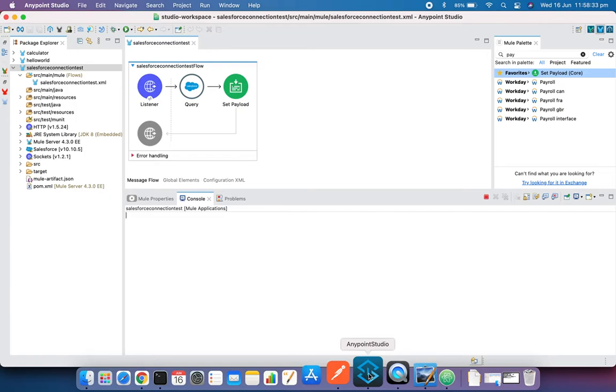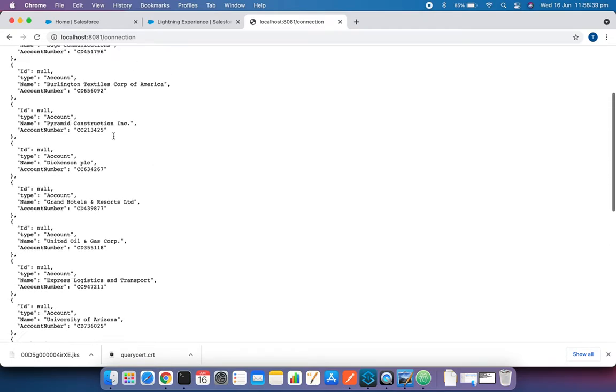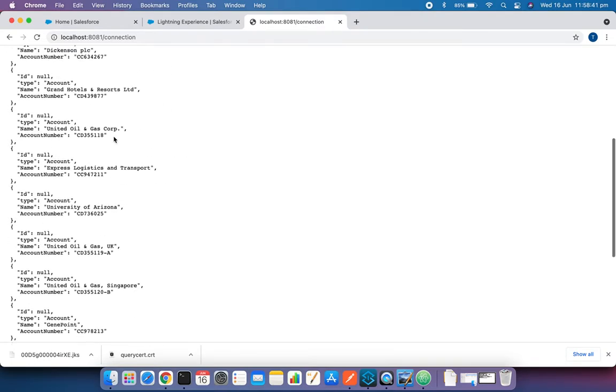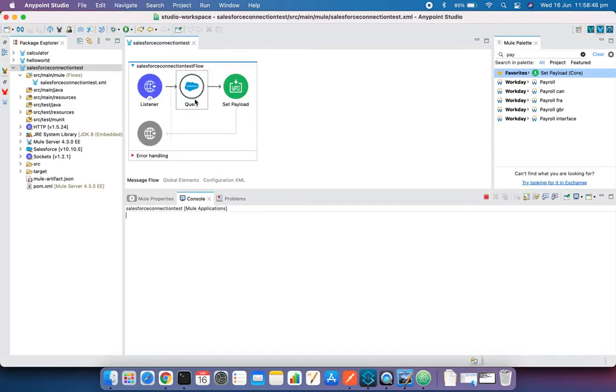Okay, so it's executed. I mean, we got the same response right from the Salesforce. So all our details are correct, and the query operation is able to connect to Salesforce and return the result. Right now,